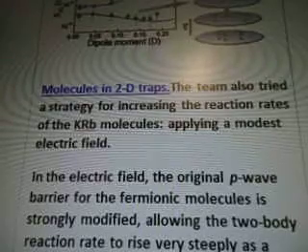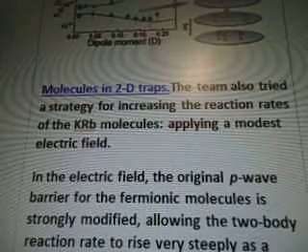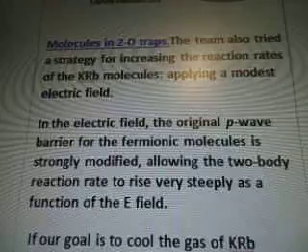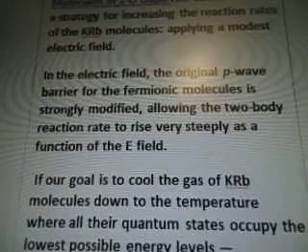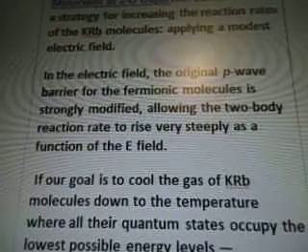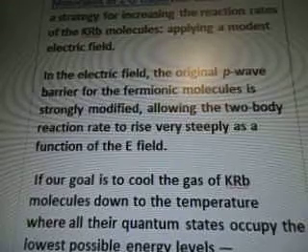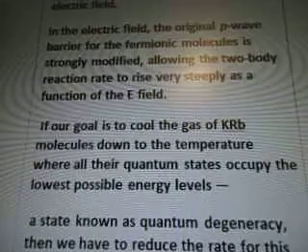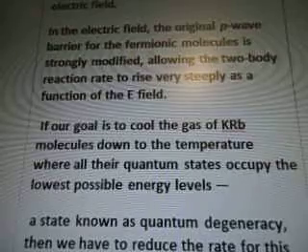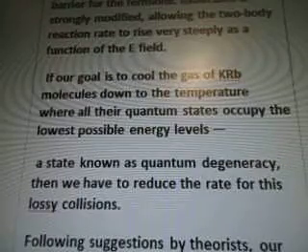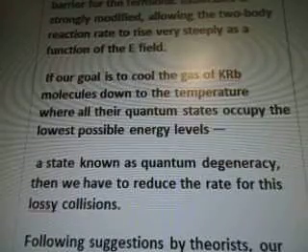The team also tried a strategy for increasing the reaction rates of the KRB molecules, applying a modest electric field. In the electric field, the original P wave barrier for the fermionic molecules is strongly modified, allowing the two-body reaction rate to rise very steeply as a function of the E field. If our goal is to cool the gas of KRB molecules down to the temperature where all their quantum states occupy the lowest possible energy levels, a state known as quantum degeneracy, then we have to reduce the rate for